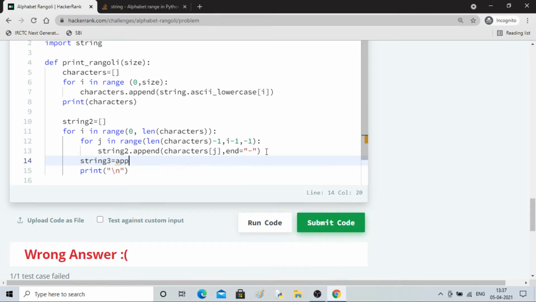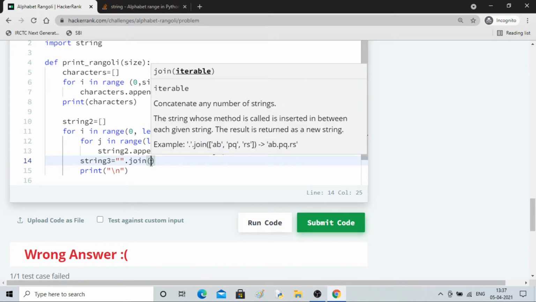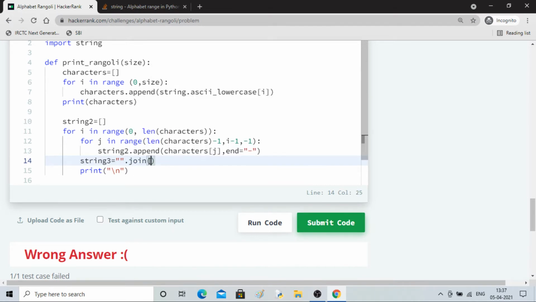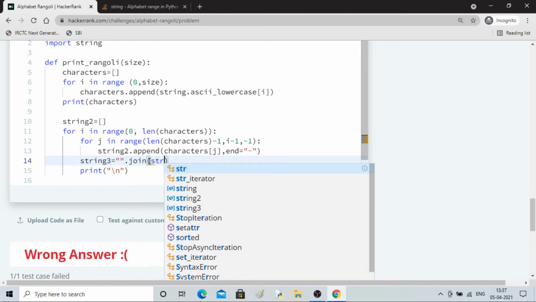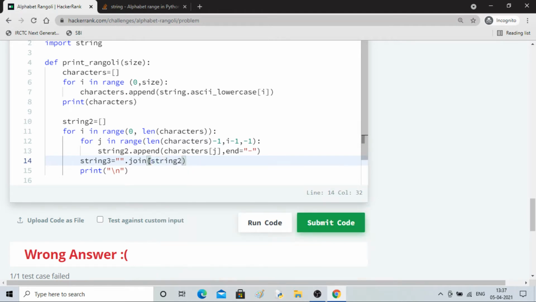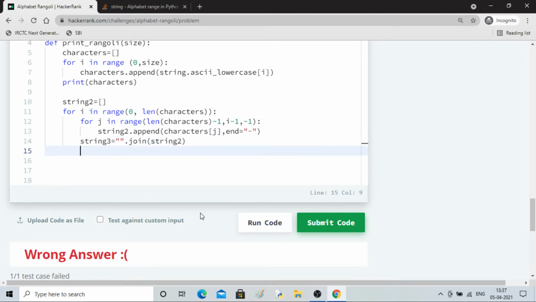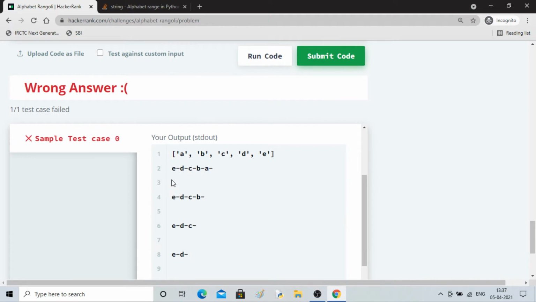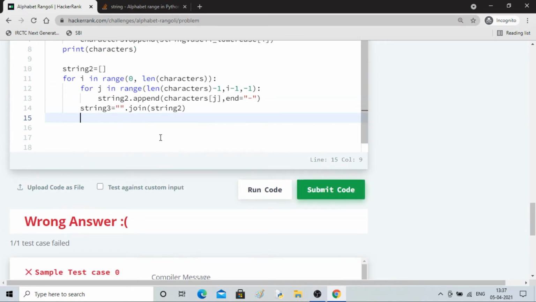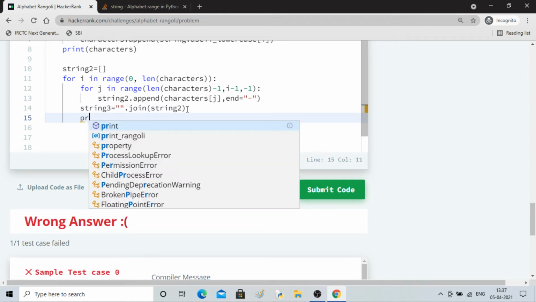Okay, not append, join we have to take, dot join, and we can join the string 2. That way it will be better, right, instead of providing this. So the space was creating extra spaces. I don't know why it creates it like this, but still I'll use this so that you can see.